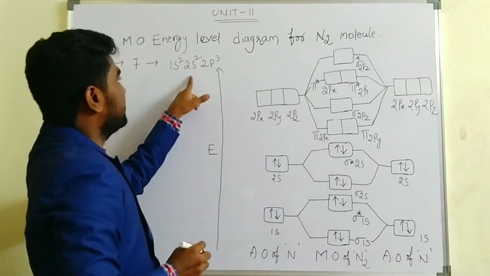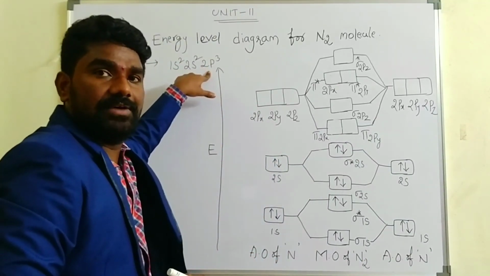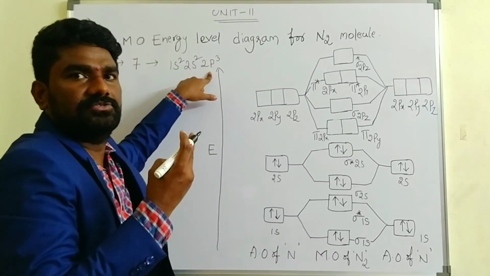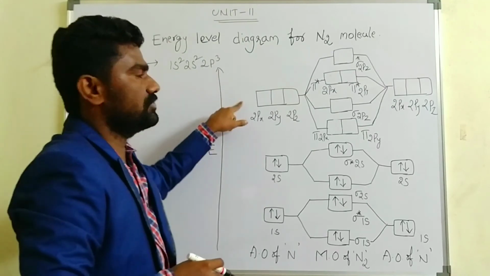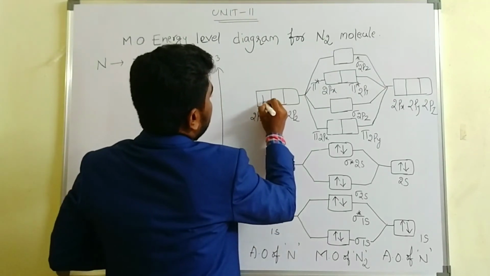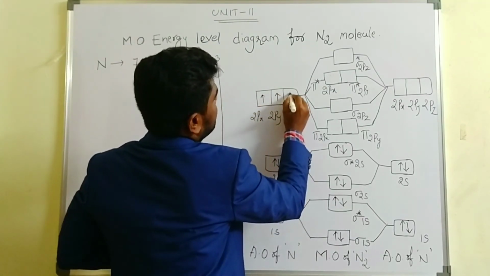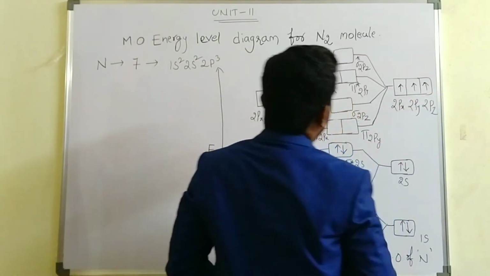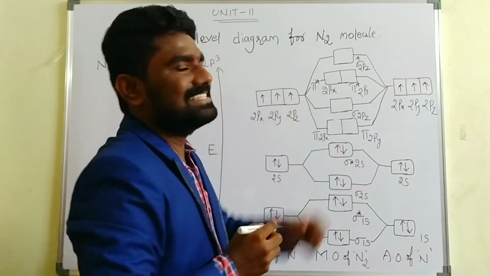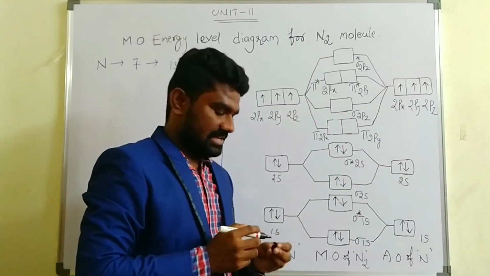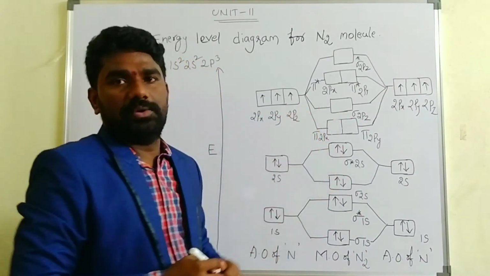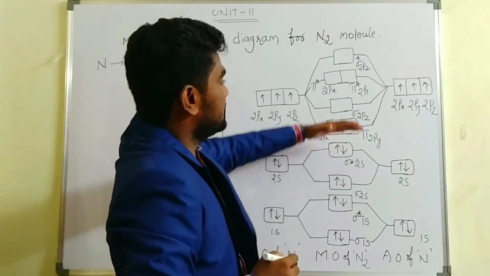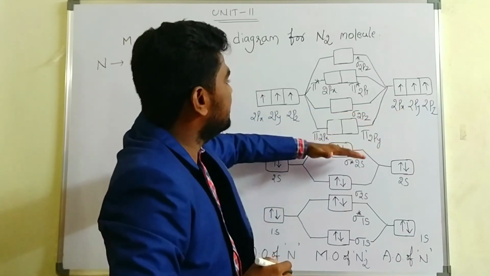The 2s also completed, and finally we have the 2p orbital. That is, in the 2p orbital we have 3 electrons for each nitrogen, isn't it? So 3 from these orbitals, 3 electrons from these electrons. Total we have how many electrons here? Total 6 electrons are going to participate in the molecular orbital formation, isn't it? So these 6 electrons we can fill in